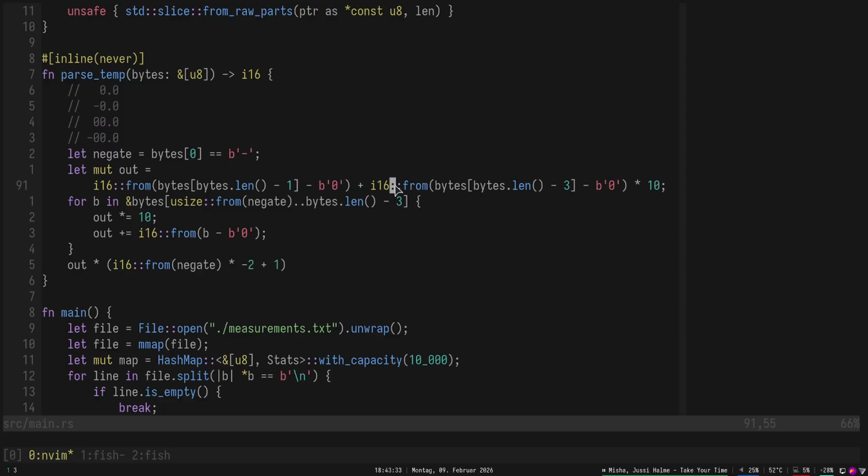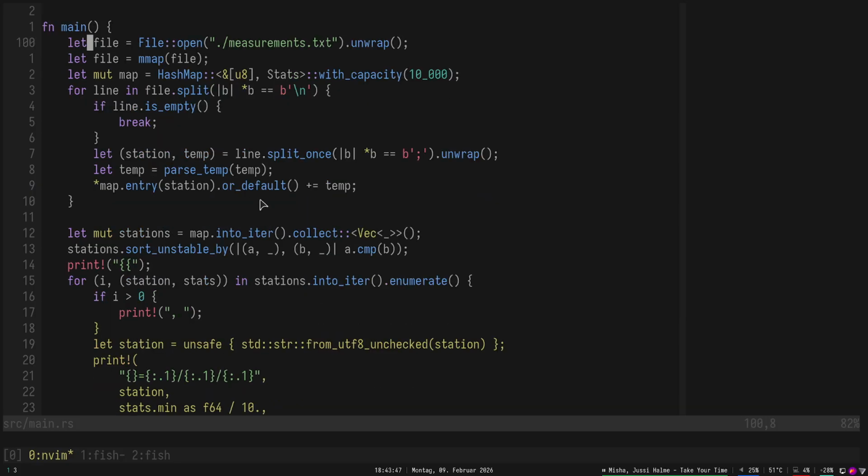Yeah, but what can we do? So I have a thought, which is that for parsing temperature, we don't need to necessarily know where... when we parse the temperature, we split on the semicolon. And then we pass that into this parse temp function. But we could,